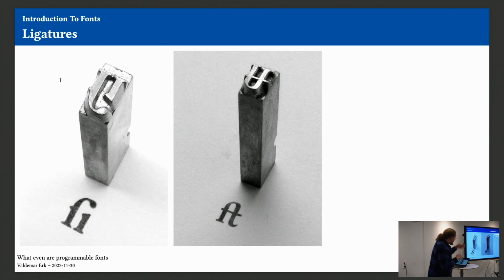So one of the things you did was ligatures. Here we have two different ligatures: an F and I, and an F and a long S. You could both move them together and change how they looked. For example, if you look at the F and the T, the line has gone all the way through. So you took two letters out and put one new mold in, and that was the birth